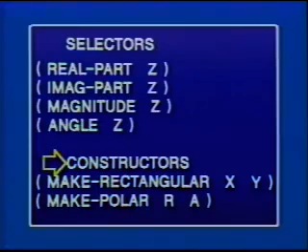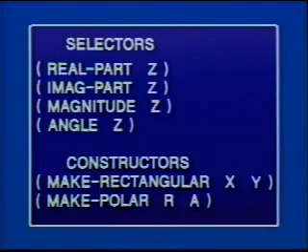So we'll assume we have a thing called make-rectangular. What make-rectangular is going to do is take a real part and an imaginary part and construct a complex number with those parts. Similarly, we can have make-polar, which will take a magnitude and an angle and construct a complex number which has that magnitude and angle. So here's a system. We'll have two constructors and four selectors. And now, just like before,